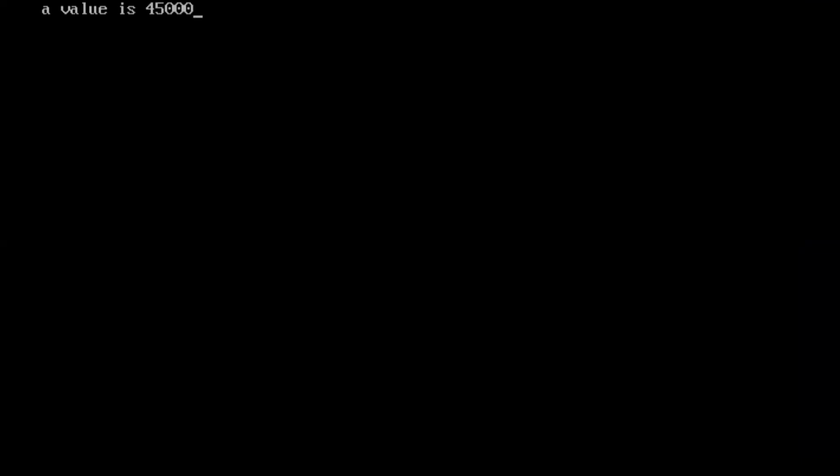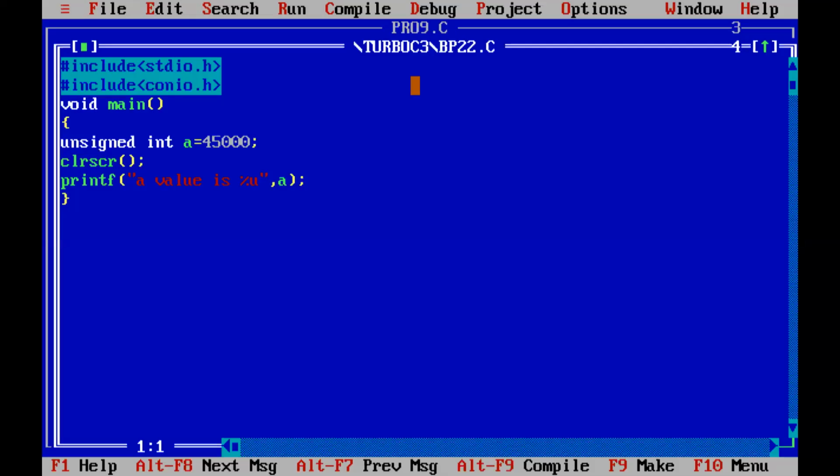So how to print these values? Based on what? Based on format specifier and sizes and data types. Okay, next. So this is data types clarifications.